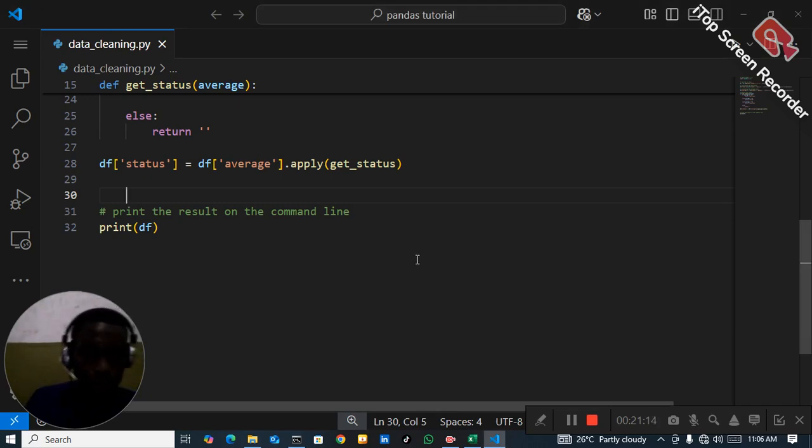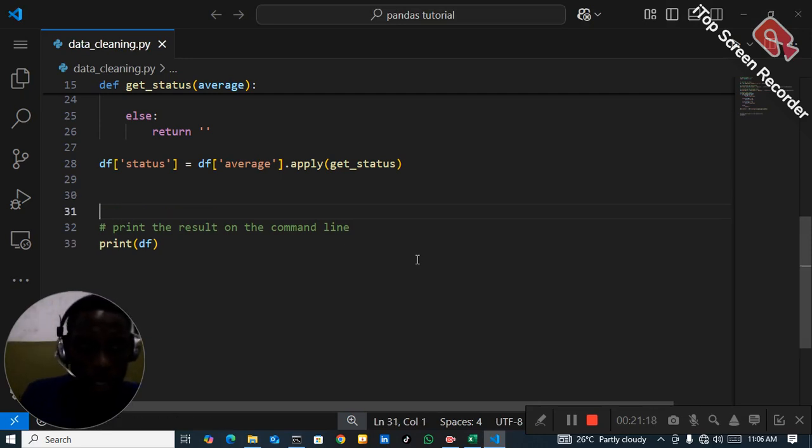Let's roll. Now I'm going to teach you how to clean this data in two ways. Number one, remove empty rows. Number two, replace empty rows. These are the two things I'm gonna teach you under this data cleaning. Good. So let's go. How can we remove empty rows? We can remove empty rows by doing df